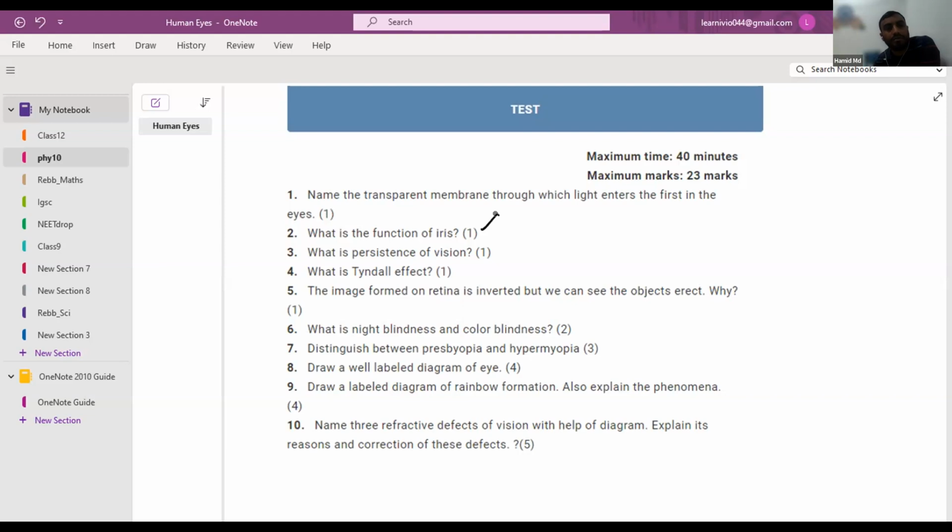Tejasvi, will you answer question number 3? Sir, can I do question number 4? Okay, do. The Tyndall effect is the phenomenon by which the colloidal particles scatter light. Okay. What do you mean by the colloidal particle? The colloidal particles, like the